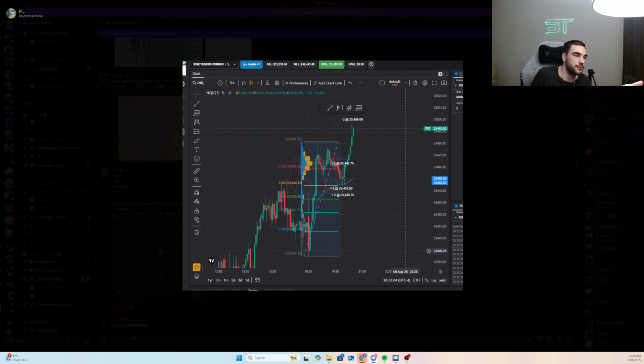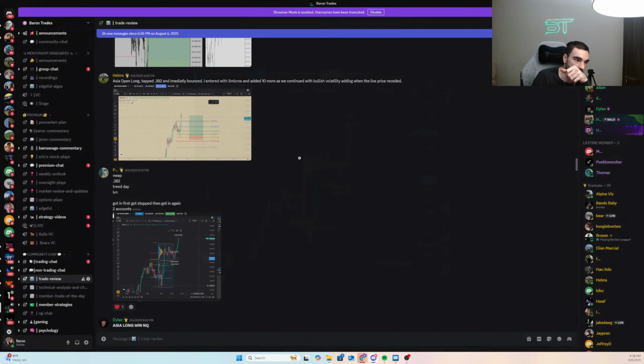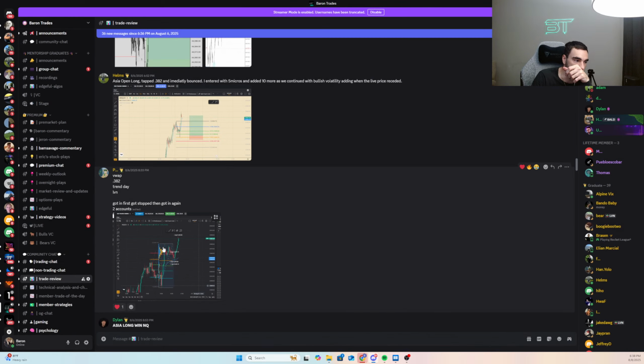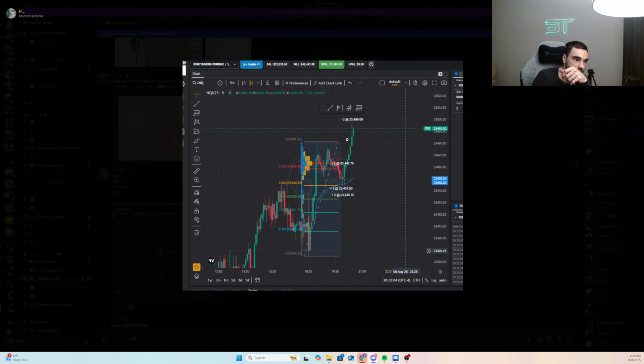Okay, same trade from privacy setting as Helms. Helms, add that VWAP in there because it did perfectly tap that. Privacy setting, yeah, just too tight of a stop on this. So, I get you're using 2 minis and you want a tight stop, but if we're using 2 minis, you know, we give it a 10-point stop, it's $400.